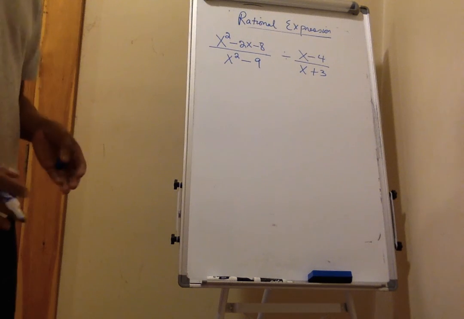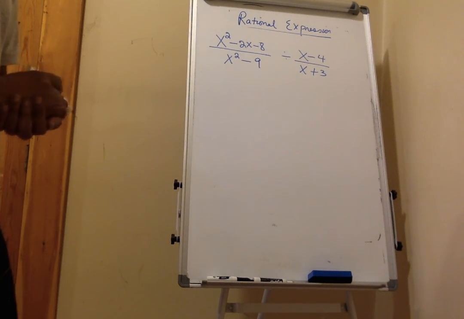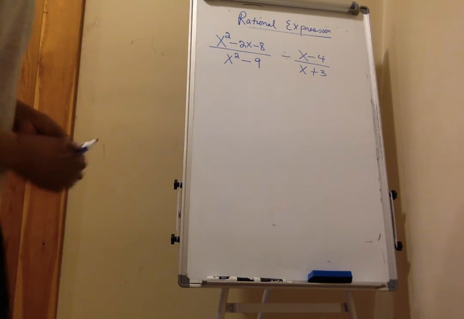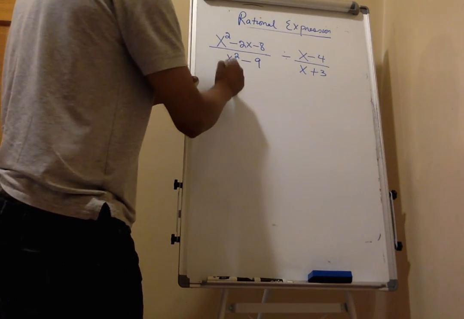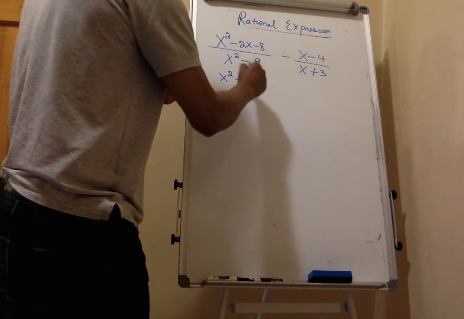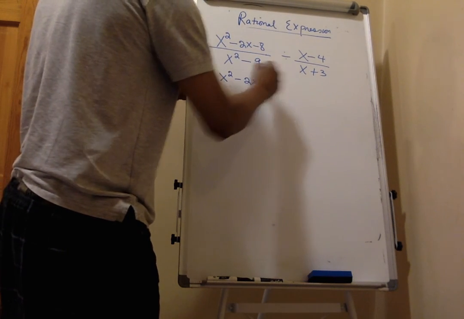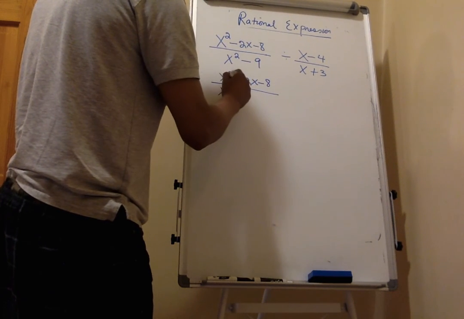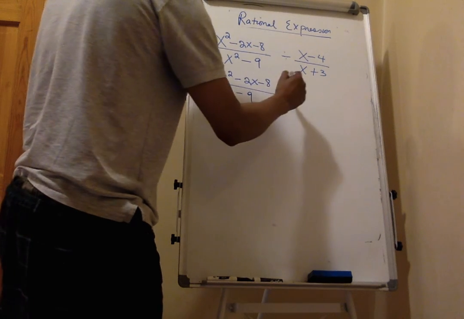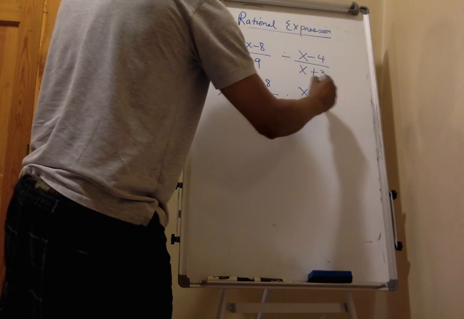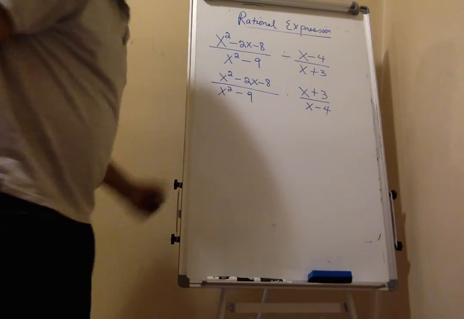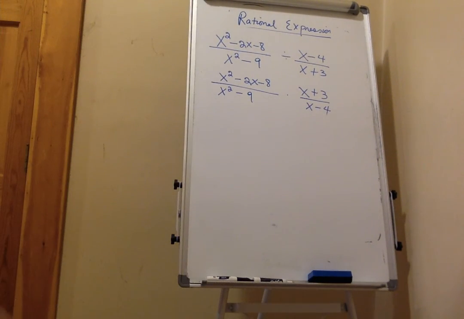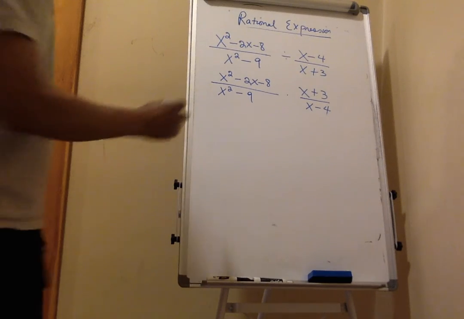Before we do anything, change this into multiplication. Changing this into multiplication means we write the reciprocal of the second expression. So I'm going to rewrite this as x squared minus 2x minus 8 over x squared minus 9 times x plus 3 over x minus 4. Okay, so we change it into multiplication. Now we are going to